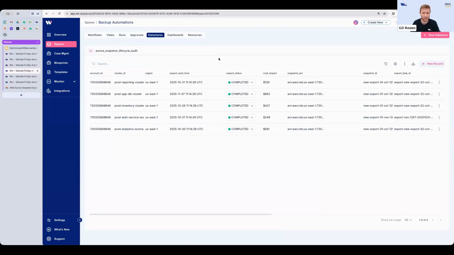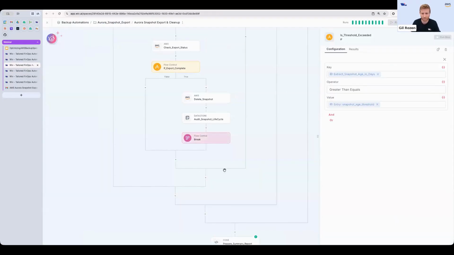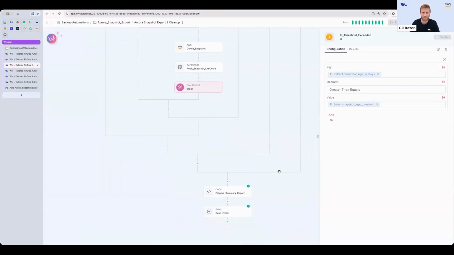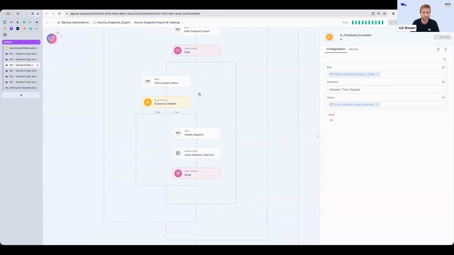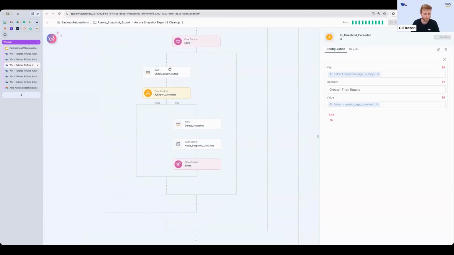It's an internal database that Wiv provides. And finally, after the workflow finishes, we can prepare a summary report and send a full breakdown email of what happened. So you can see that there are several layers of audit and also reporting.